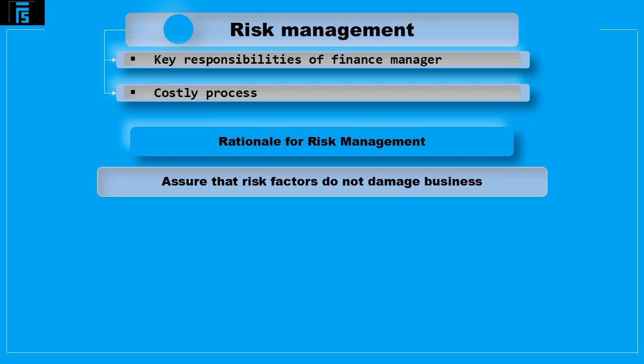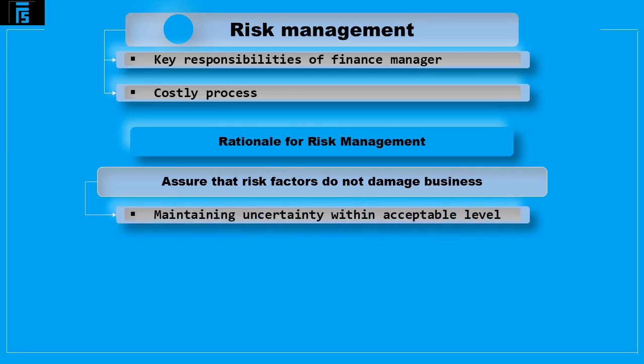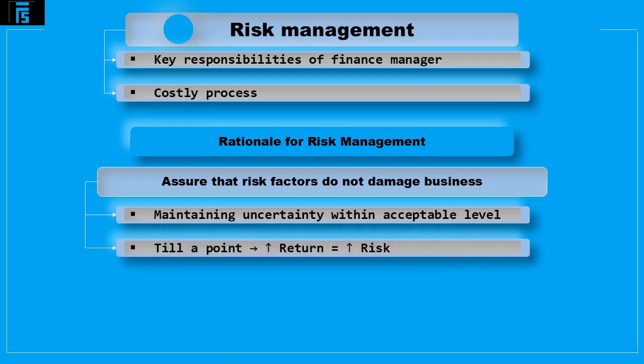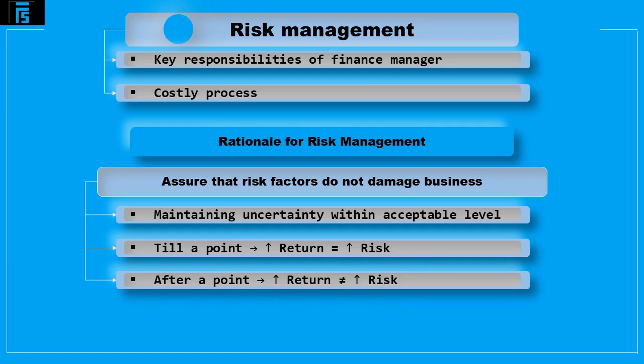To put it another way, risk management is all about maintaining the uncertainty at a level which is acceptable by an organization and its shareholders. As you know, risk and return are positively correlated, which means that investors generally require higher returns on more risky projects. However, after reaching a certain level of riskiness, the increased return does not counterbalance the probability of a project's